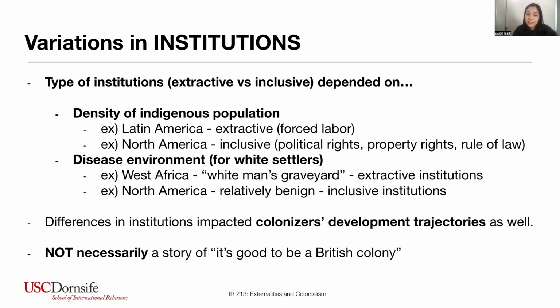These European powers didn't go into colonies with different institutions at the outset. In fact, the authors argue that the intentions and strategies of these different European powers were actually pretty similar, right? So, for example, when British colonizers found circumstances that were similar to Latin America, for example, in South Africa, Kenya, or Zimbabwe, they were perfectly capable of and interested in setting up extractive institutions. So this is not a story of, oh, North America succeeded because they inherited British institutions, while Latin America failed because of Spanish institutions, right?